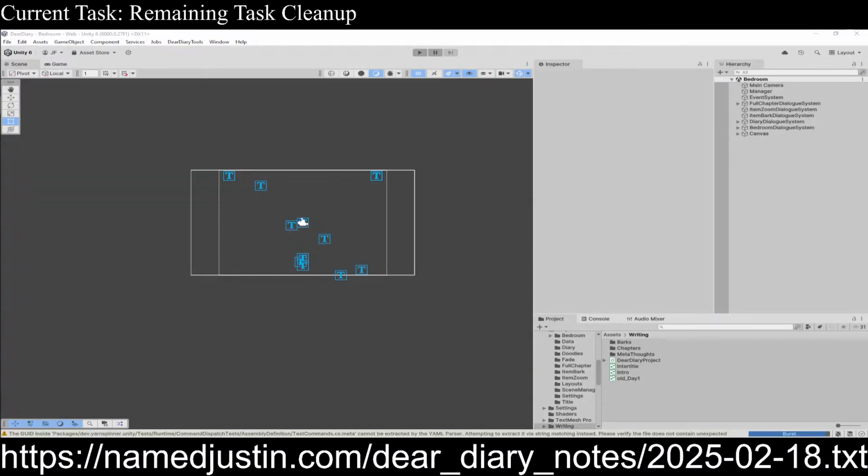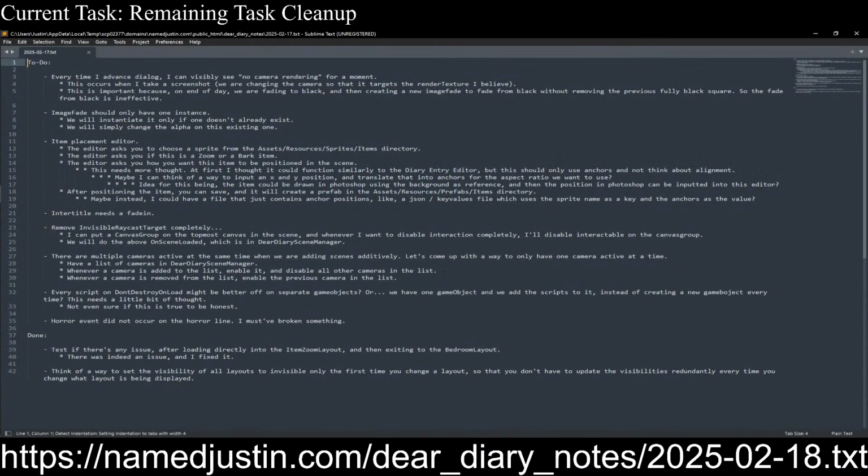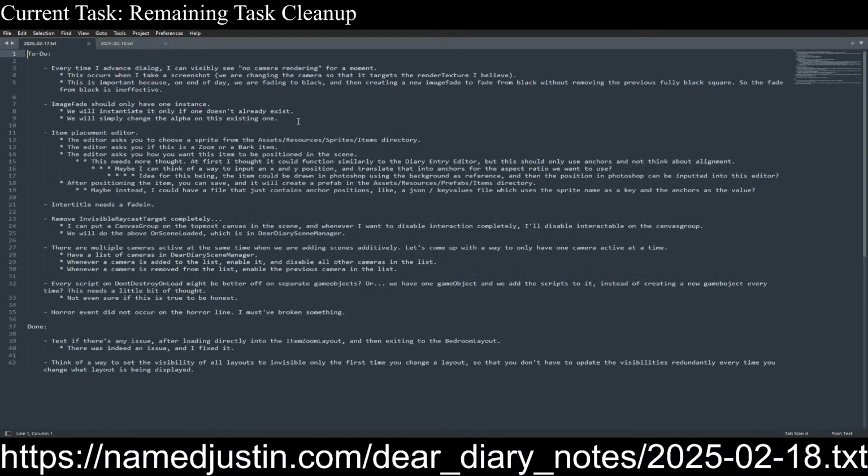Okay. So let me open up my task list from yesterday, and I will create a new one for today. The image fade one instance thing is probably what I want to do right now,